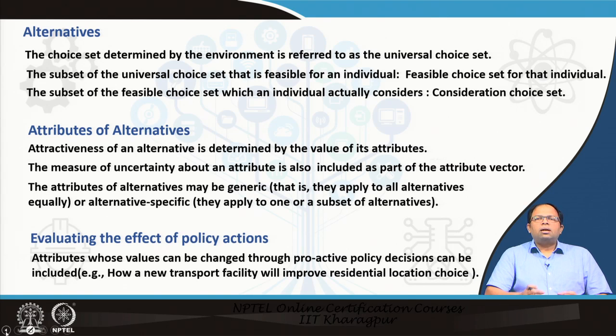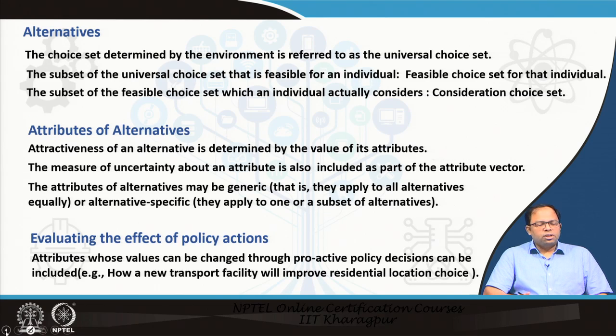choose. So this has a big role to play in the modeling process, because when you are modeling millions and millions of locations and housing options in a big urban area, it's difficult to model that kind of choice. So basically this person will limit his choice only to a certain kind of alternative, and then finally when he actually makes the choice, it would be based on an even smaller set of alternatives.